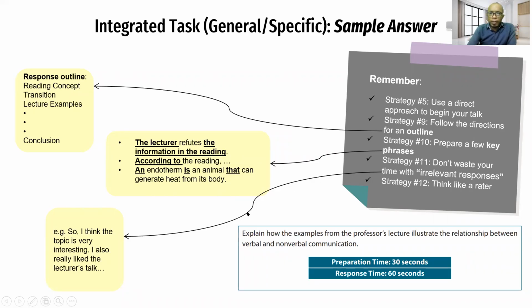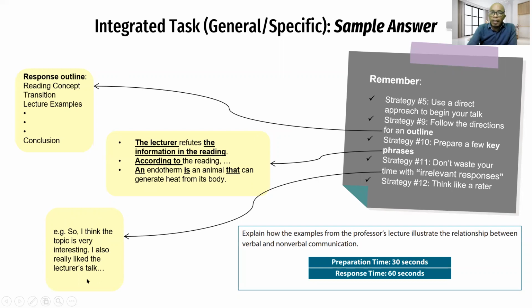Don't waste your time with irrelevant responses, such as, I think the topic is very interesting. I also really like the lecture stuff. These kinds of responses are meaningless and won't really impact or affect your score. As a matter of fact, on the contrary, this could decrease your score because this may be considered as a memorized answer or response, and